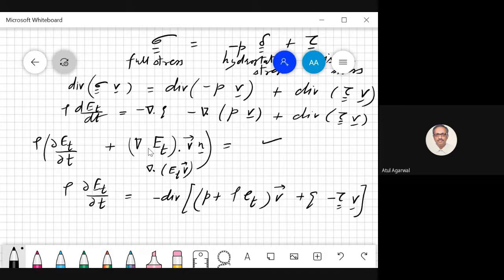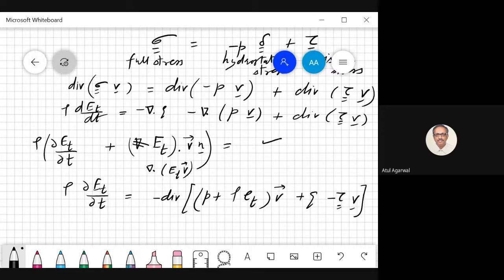What I think is there should not be any gradient here. So Et dot Vn represents the flux leaving the surface. After the integral, you get divergence of ETV. Now it is fine. Now you see there is one term here, divergence of tau V. Now this equation we have got,